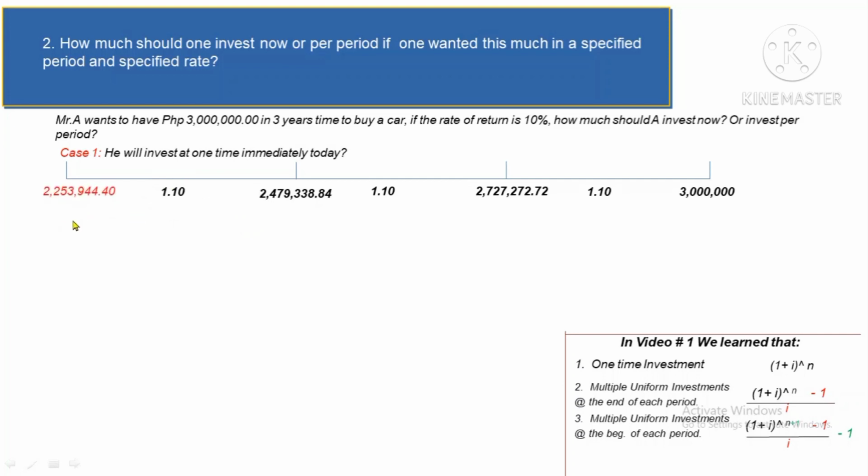2,253,944.40. That means, if you want to have 3 million after 3 years, and you want to invest one time, big time, immediately today, you should invest this amount,